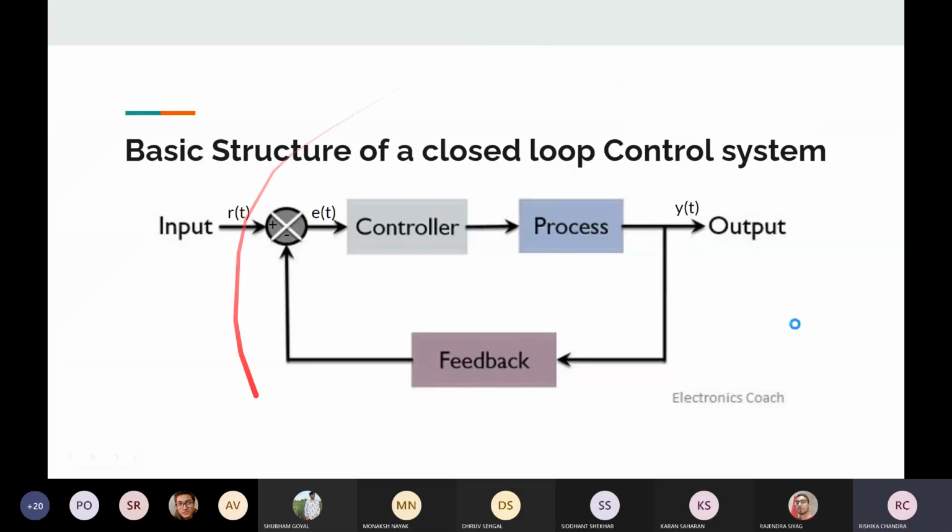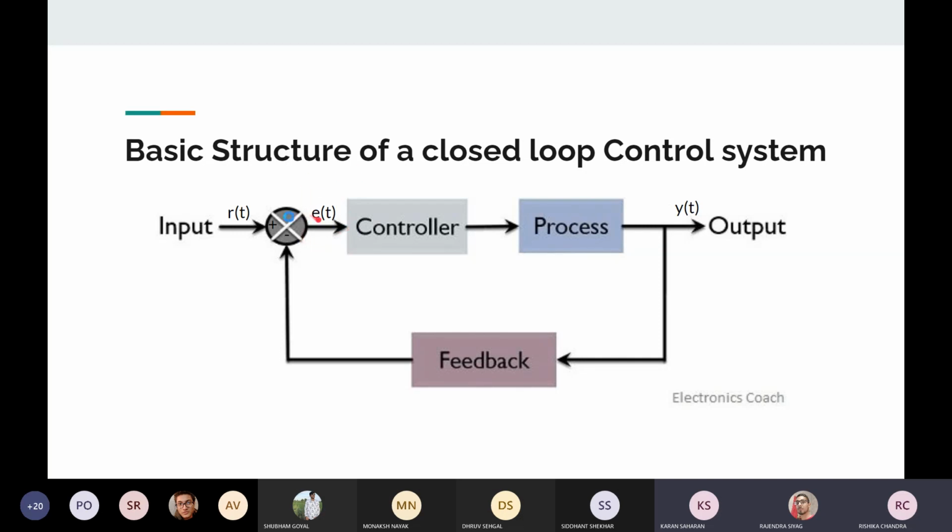So we use a closed loop control system. Here, see, this structure you find, this is the summer. It sums up all the signals, okay? So input is fed to the summer. Here, see, this R(t) is the desired output, the output that we want. And this Y(t) is the output we are actually getting. Okay, so the difference between the desired output and the actual output will be called the error, right?